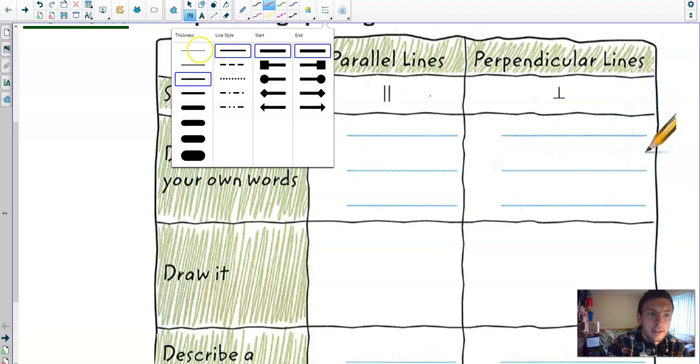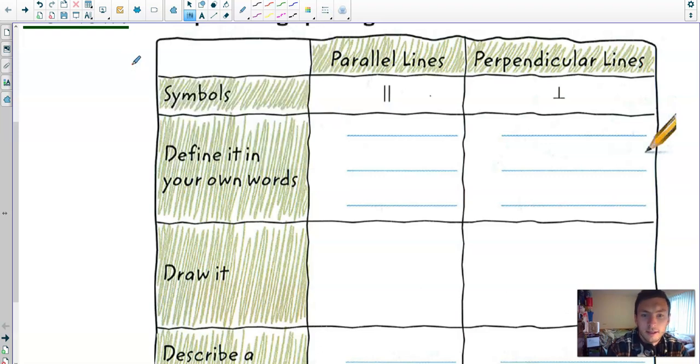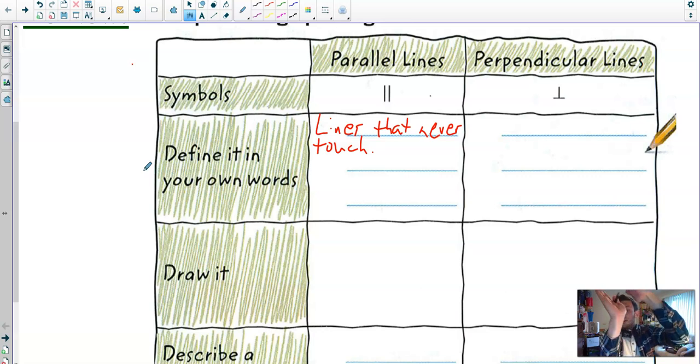So parallel lines are lines that never touch, that never intersect. So lines that never touch, they never intersect, they never meet, however you want to talk about it. The reason they never meet, the real definition of parallel lines, is lines that are always the same distance apart. So if you have two lines and they're this far apart and they're always this far apart, then they're never